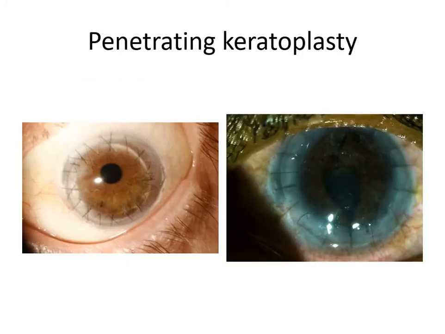So this is how the penetrating keratoplasty looks. When you remove the central opacified cornea and apply the donor cornea, you can suture it by continuous shoelace type suture or interrupted suture, 16 to 32 all around, and wait for the healing. And if you talk about penetrating keratoplasty, they may ask you what the differences are between graft rejection and graft failure.